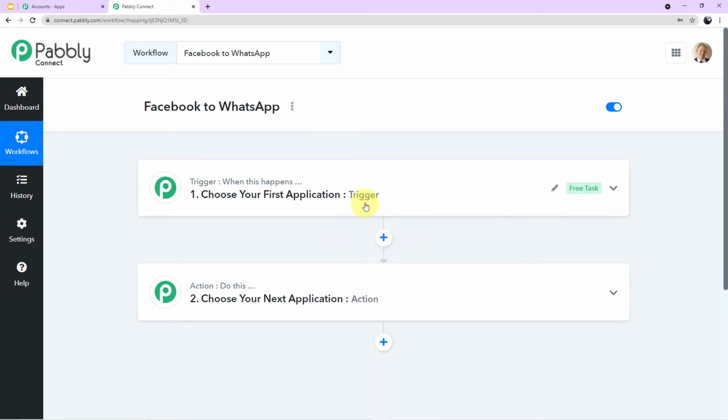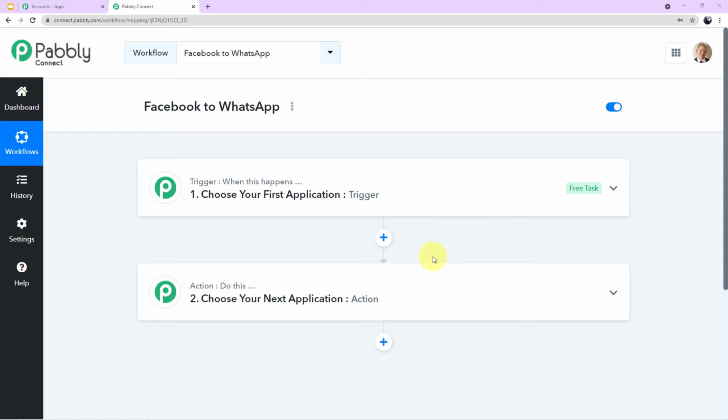In this case, the trigger event will be the submission of the form. You have run an advertisement on your Facebook account. The customer will reach your advertisement and automatically a form will pop up. They will fill up the form, and the successful form submission will be our trigger event. And the action, what is the response we want? We want a WhatsApp message to be sent automatically to them with the link of the brochure. So this is the action, this is the response. So you understood, trigger is the happening of an event and action is the response to it.